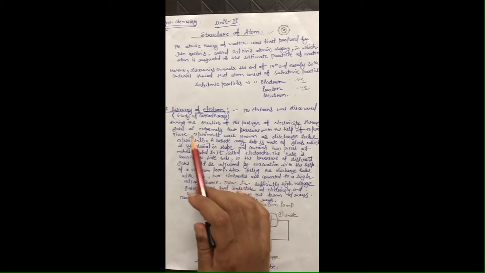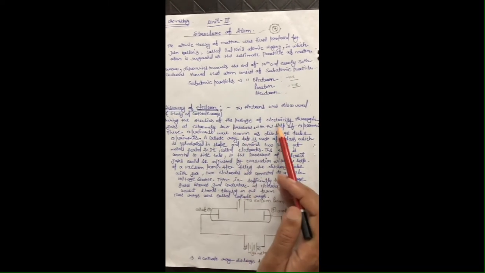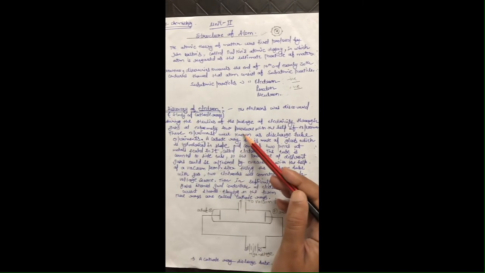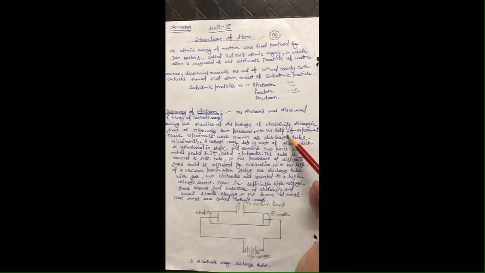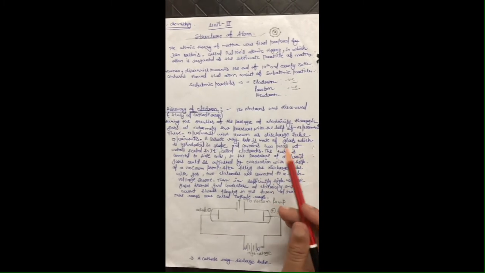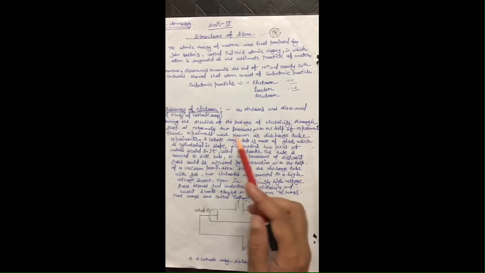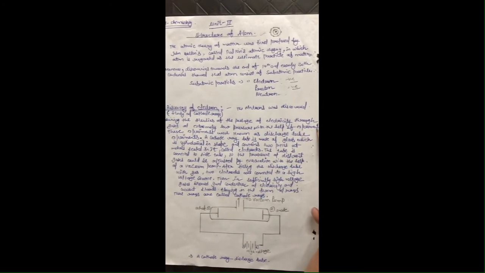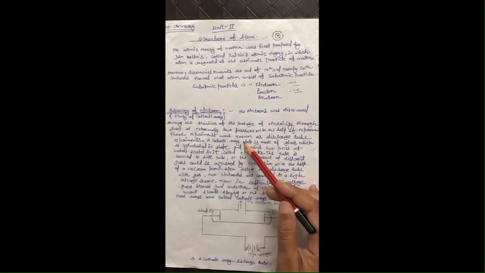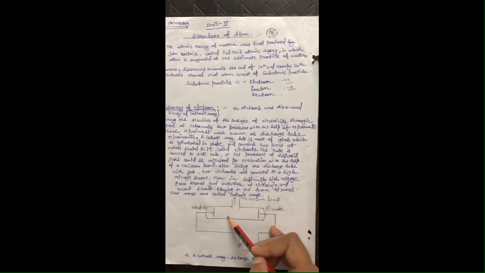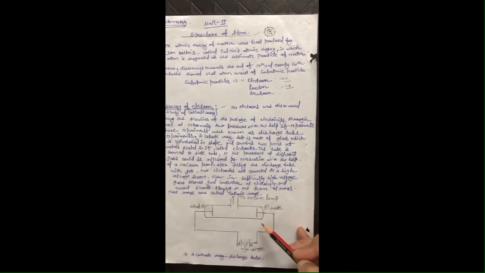The electron was discovered during the studies of the passage of electricity through gases at extremely low pressure with the help of experiments. Clear? These experiments were known as discharge tube experiments, because they are done with the help of the discharge tube, as you can see in this figure.